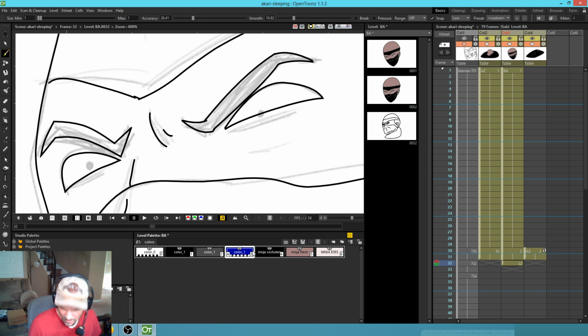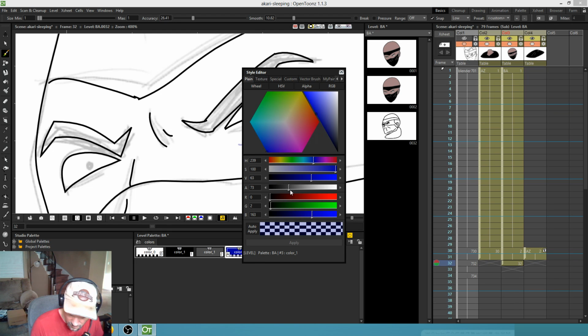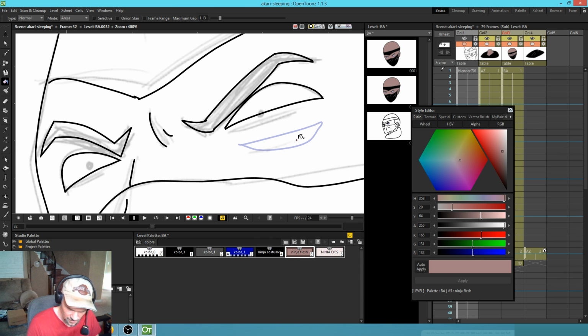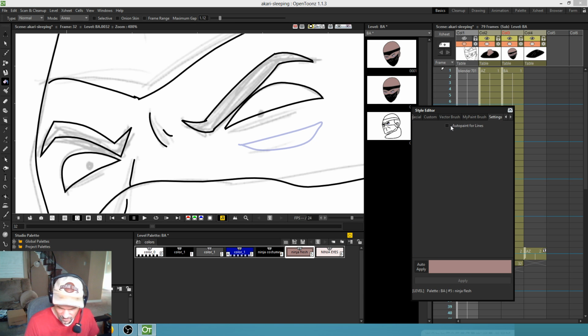Okay. Right. Remember I made this color the alpha like super low. And the reason I did that, I just want to see what happens here. Yeah, see, that's annoying. If this option is selected, okay, auto paint for lines is unselected because I guess I chucked it. Oh, no, it's unselected because I'm on the wrong color. This color says auto paint for lines. That means when I fill it, that blue line should disappear. And that's the normal way you do it with a Toonz raster level, which is a bitmap as opposed to a vector drawing. If auto paint for lines is turned on, you can set up,